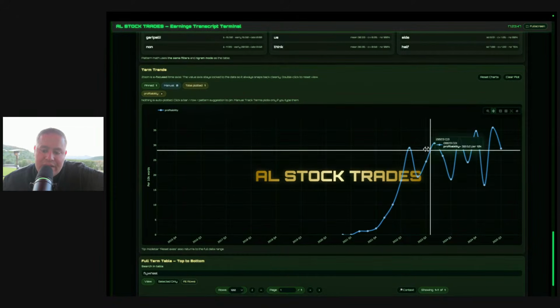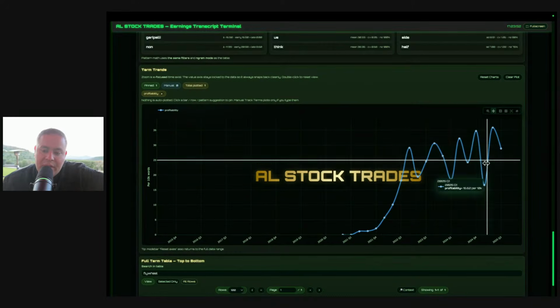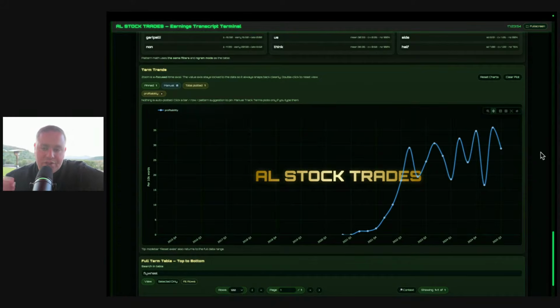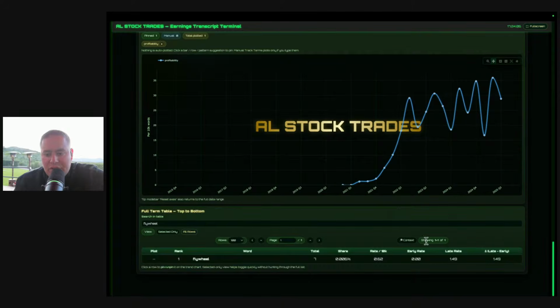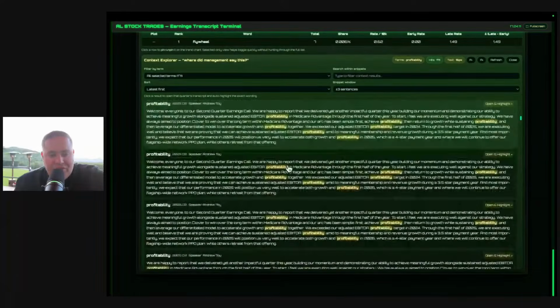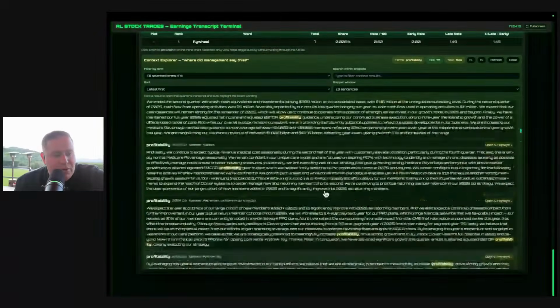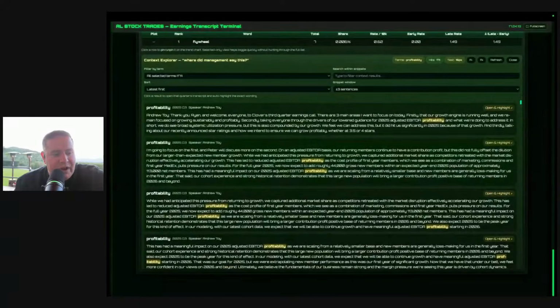You can almost draw a technical analysis channel here. So the use of profitability is actually quite interesting, right? They're actually using it more, so that's pretty good. You could start seeing these words being used to look deeper into it. And of course, look at the context and read everything you can find about when they've mentioned profitability, and see if you can factor it in. And then obviously, adjusted EBITDA as well, right?